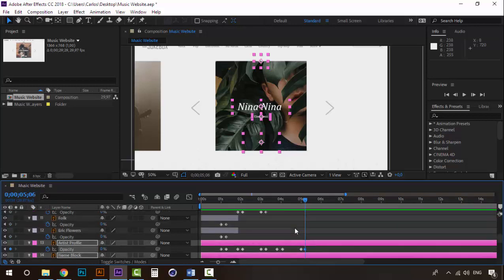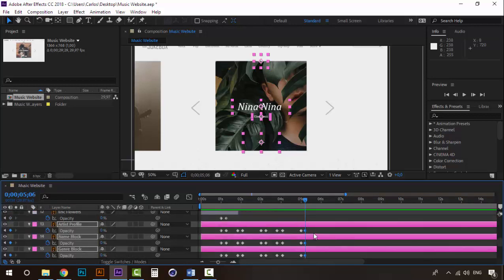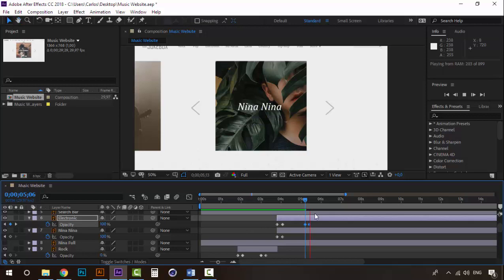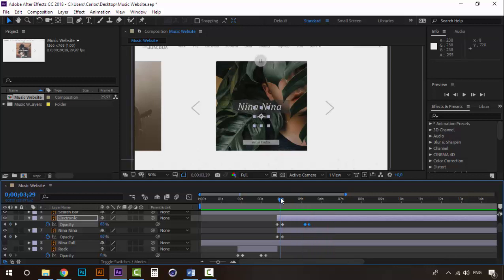And we can create this same animation. We can copy this into the electronic layer so that it also disappears. But we are not going to disappear this Nina name, because we're going to use it for the next screen. So we have this,